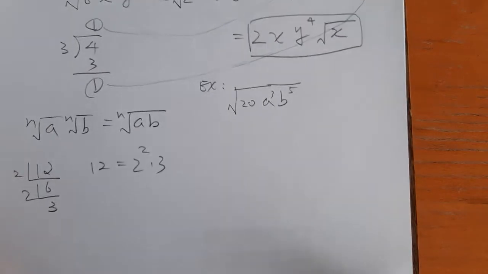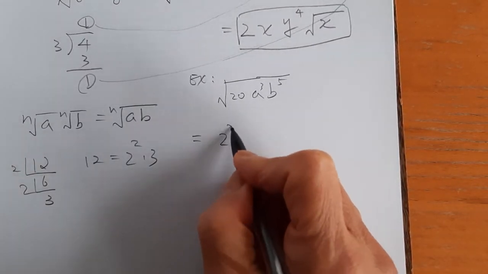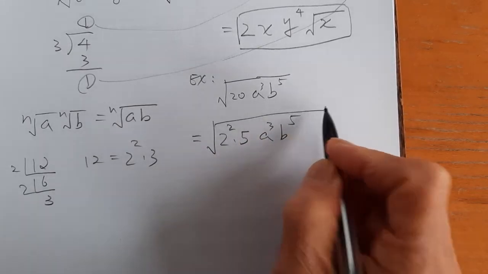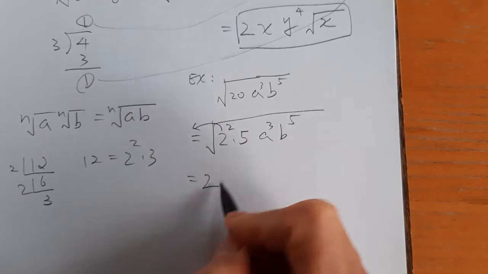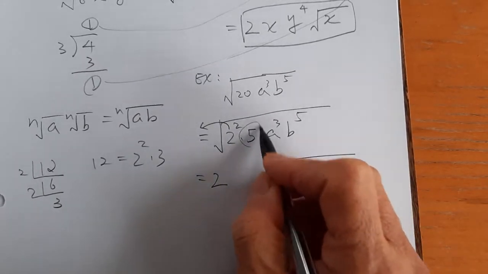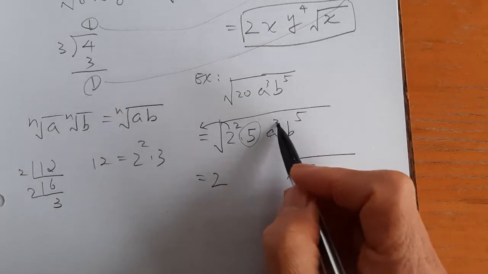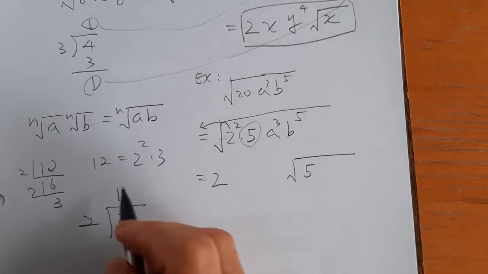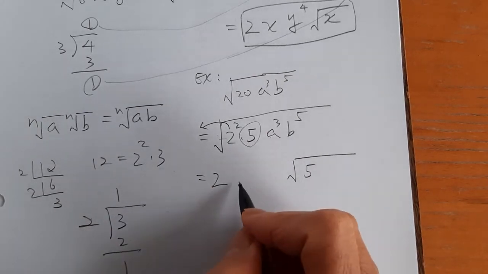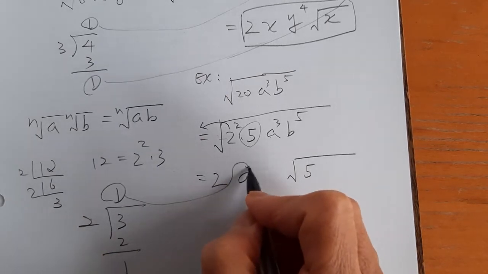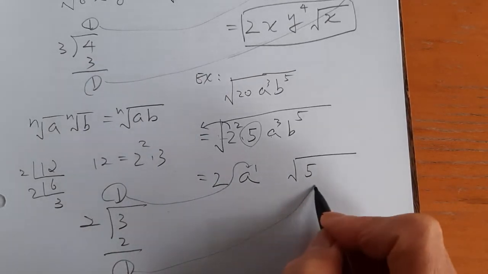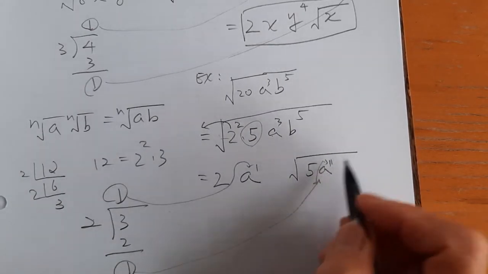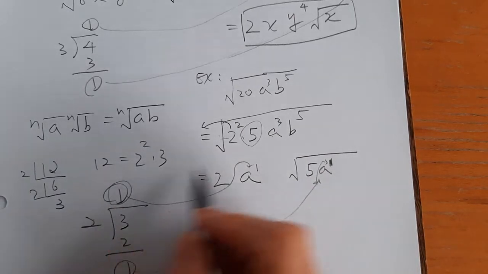So the quick way is 20 is 2 squared times 5, and a cubed, b to the power 5, take square root. So 2 squared out, get 2. And in the radical 5, you cannot square root out, still have 5. A to the power 3, you can do 3 divided by 2, square root. So you divide by 2, get quotient is 1, remainder 1. And then put a to the power 1 outside. And a to the power 1 inside. Remainder put in the radical, a to the power 1. Quotient put outside the